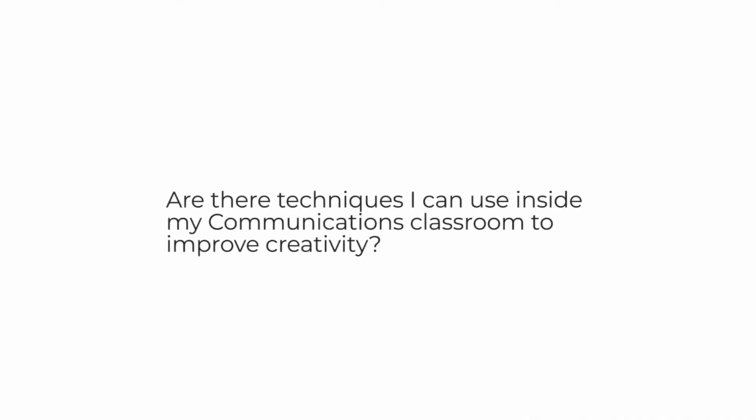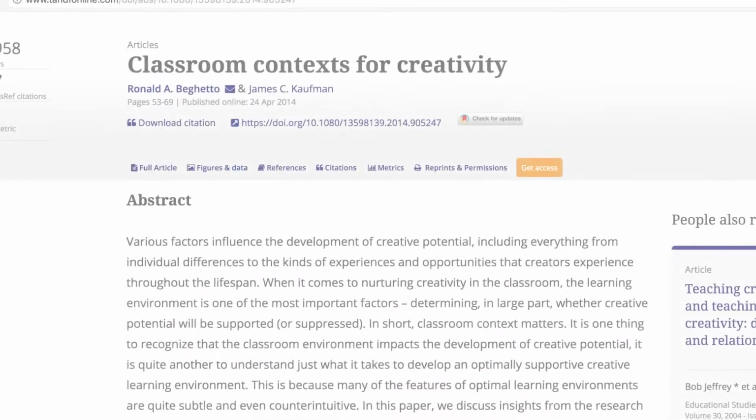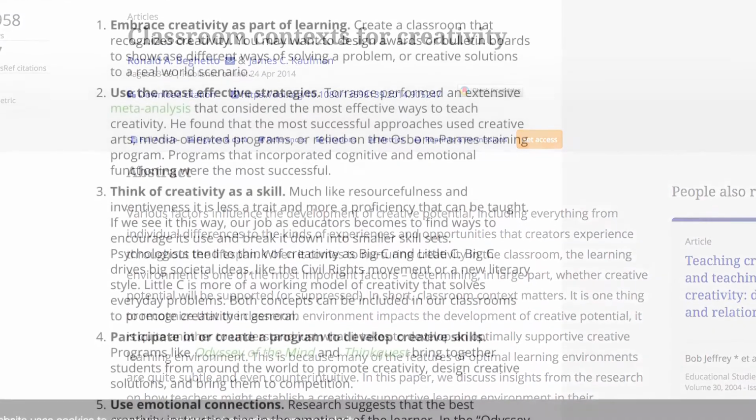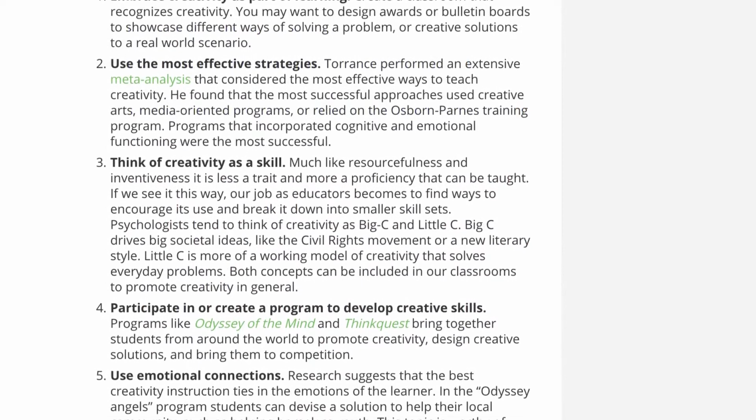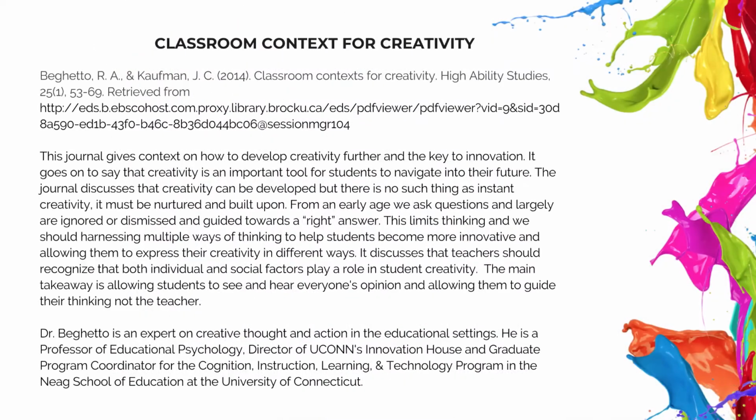The next question I wanted to focus on was, how do I implement these ideas of creativity? There were 2 articles I looked at: Classroom Context for Creativity and 30 Things You Can Do to Promote Creativity. These articles were researched for ideas that I can implement inside my classroom. They both had practical knowledge of where to go when you're hoping to instill creative thought in your classroom. Classroom Context for Creativity clearly stated thoughts and what to do in the classroom, but went more in depth so I can be more critical about my teaching.